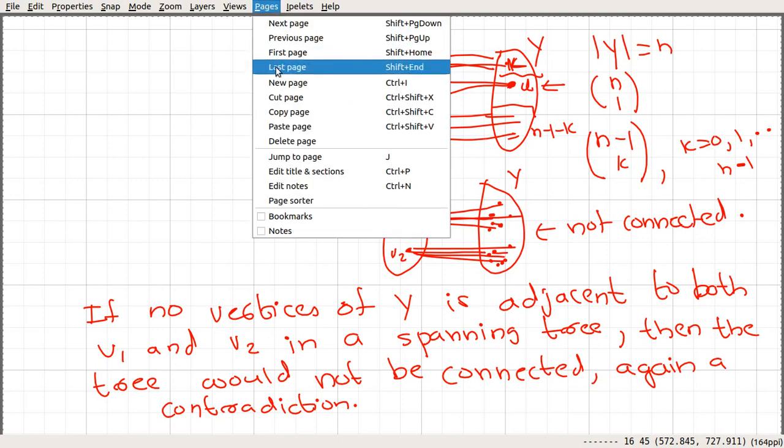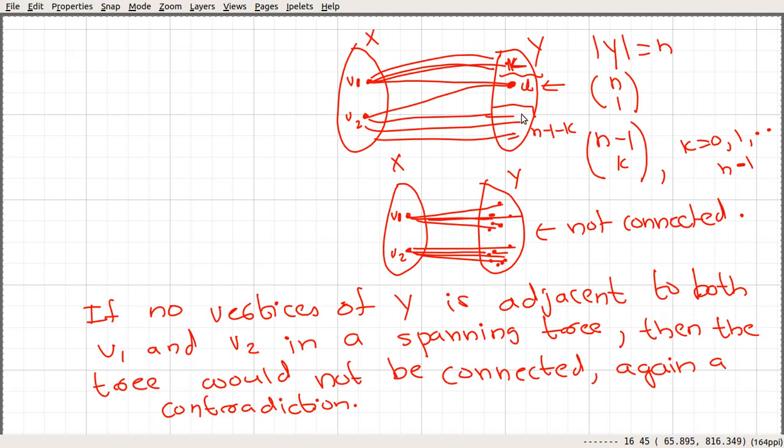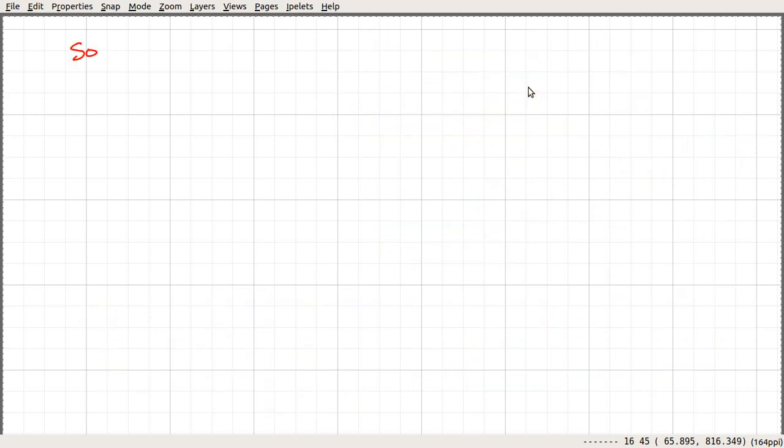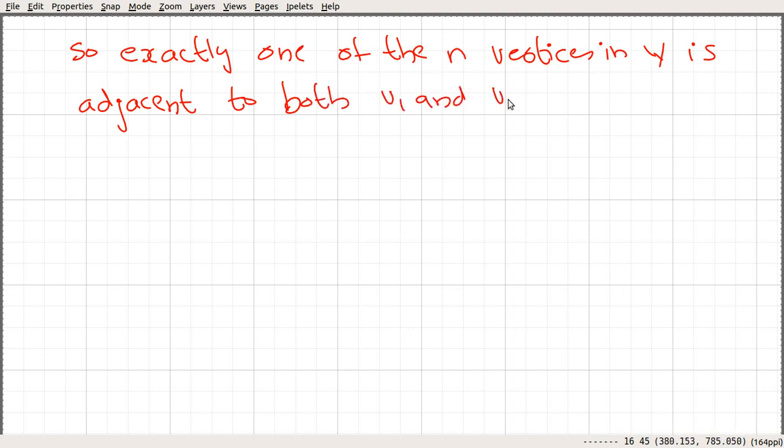Let me write down what I said. Exactly one of the n vertices in Y is adjacent to both V1 and V2.